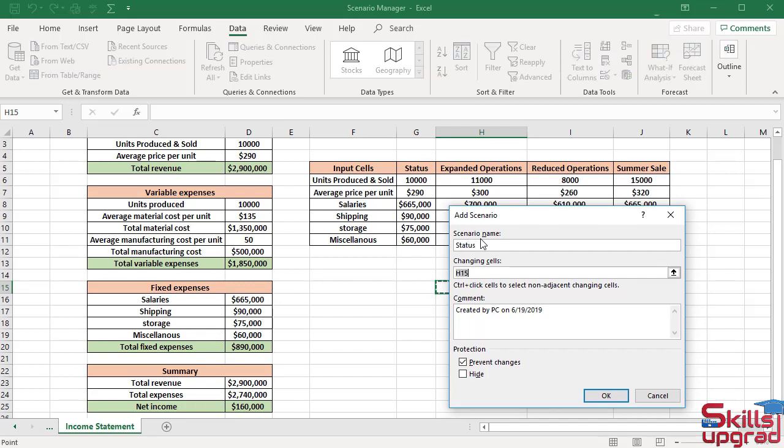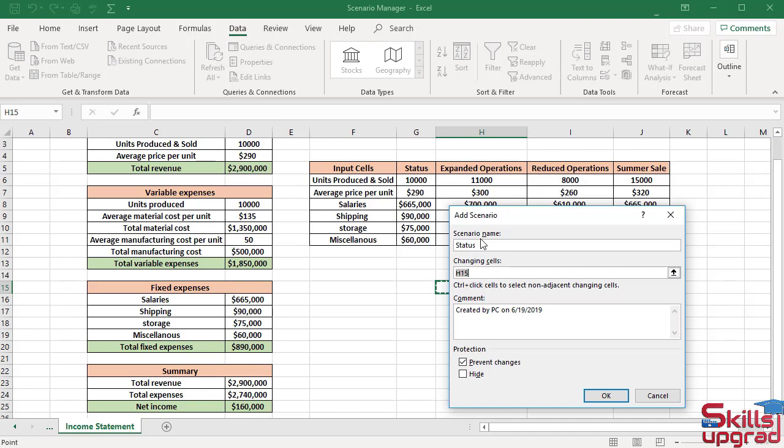Press Tab key. The Scenario Manager refers to input cells as changing cells because these worksheet cells contain values that are changed under this scenario. Changing cells can be located anywhere in the worksheet. I can type the range names or locations of changing cells, but it's faster and more accurate to select them